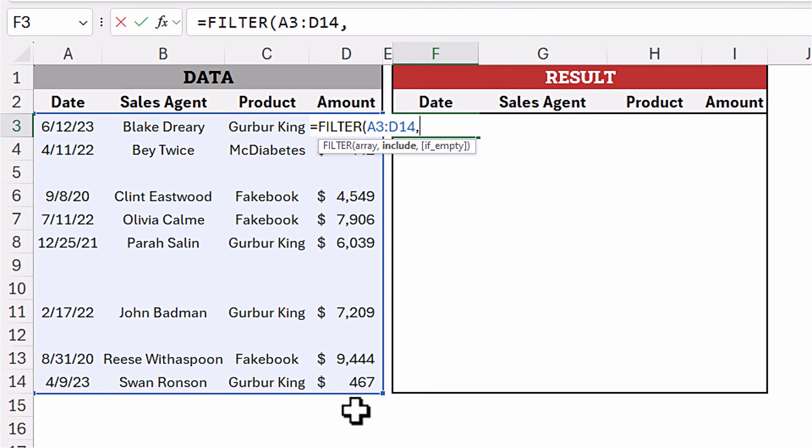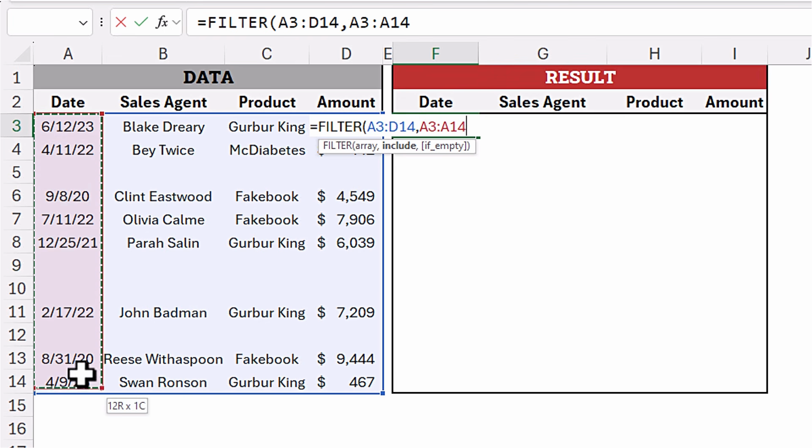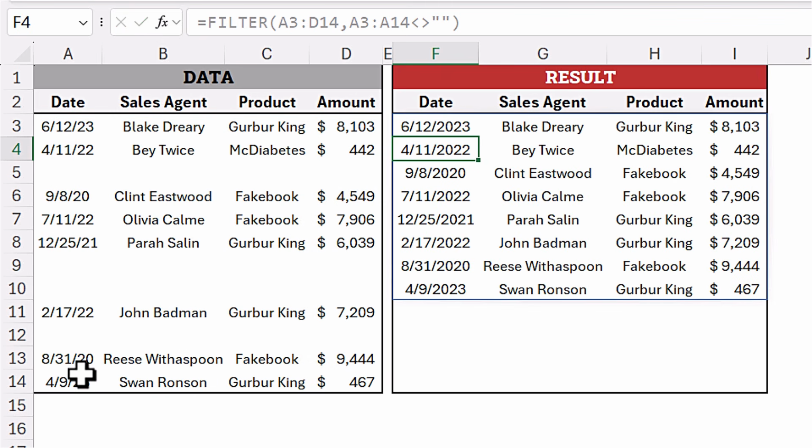Now for the include argument, as we can see the blank rows span across the entire dataset uniformly, we can use any of the columns to check for the empty rows. Going with the same criteria we used in the last example, select the first column, not equals to, double quotation for the empty rows, close bracket, hit enter,